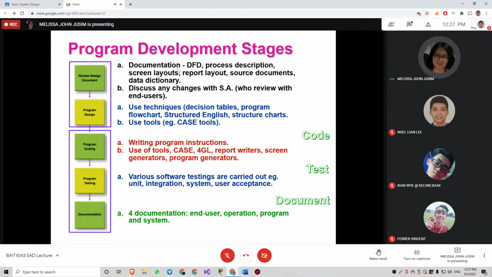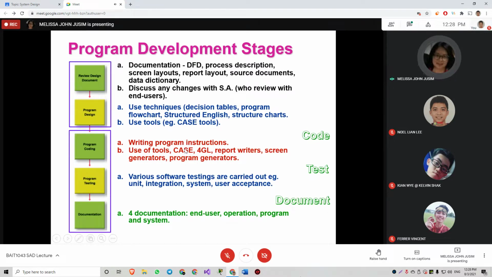The output, which is the system design specification, will be referred to by the programmers when they do the coding. To do the coding, this is where the programmers will write the program instructions. What we will cover in this chapter, towards the end, the most important thing would be using the CASE tools.